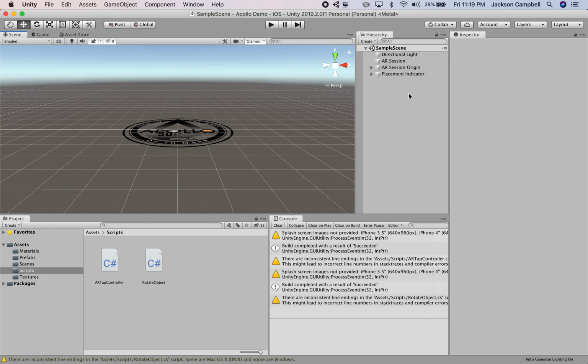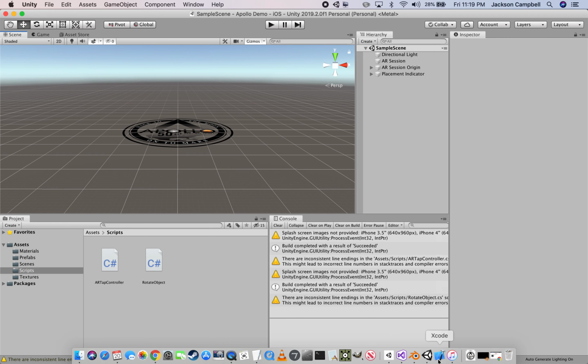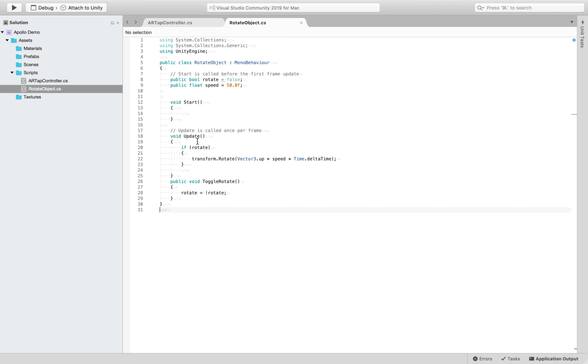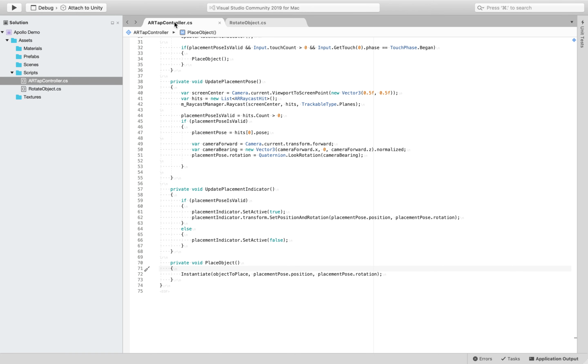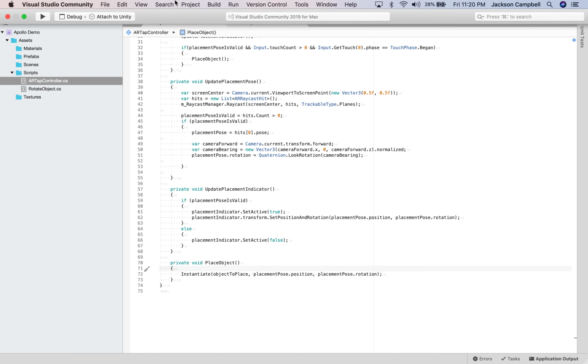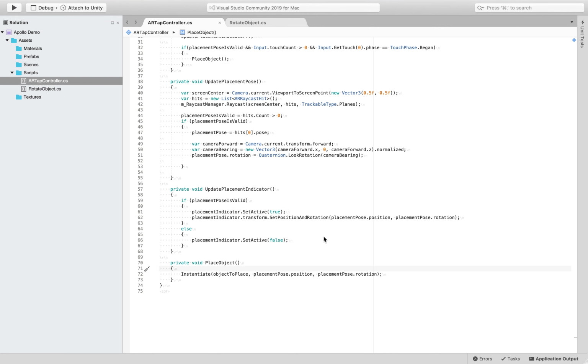And now we need to go back into our tap controller code. So I have both of them open now in my Visual Studio. And now we're going to add the raycasting code. So let's see. We're going to slightly alter